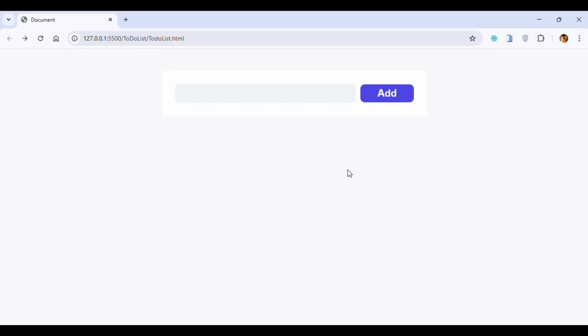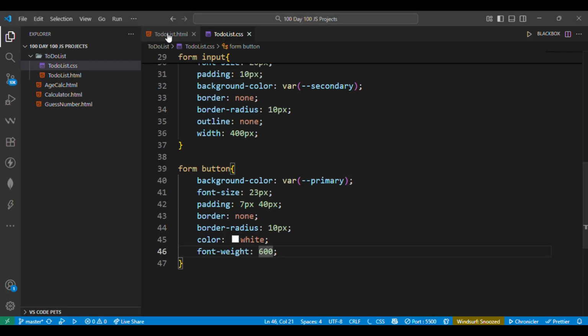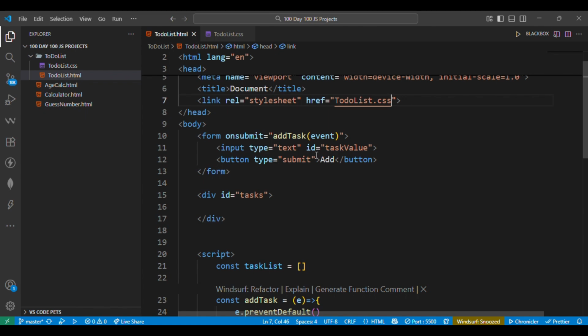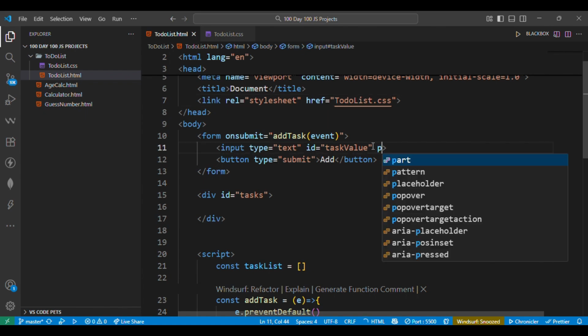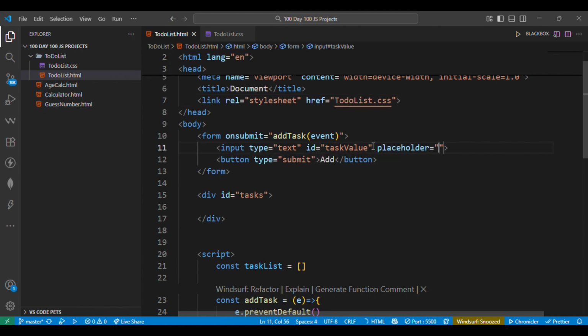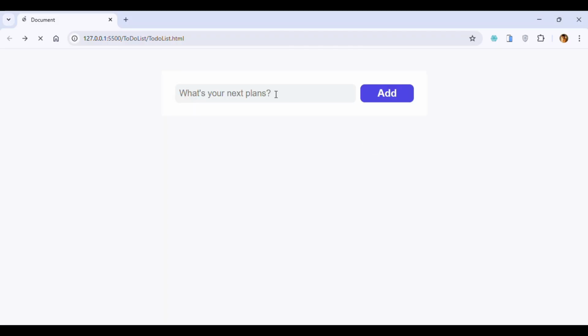Okay, now it's showing correctly, but I want to add the placeholder also, so let's add a placeholder for that, so the user will get a hint. So what's your plans, what's your next plan, what's your next plans? Okay,